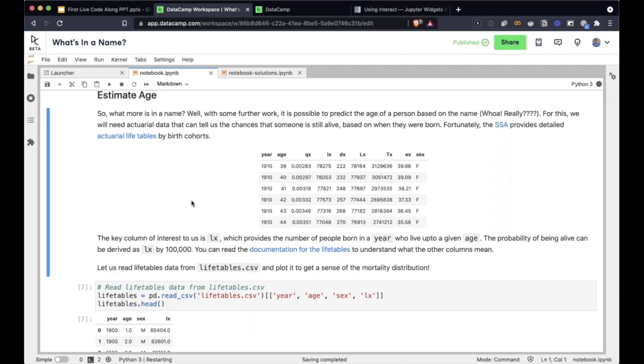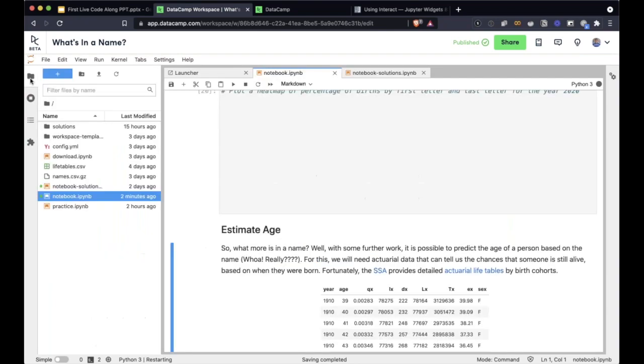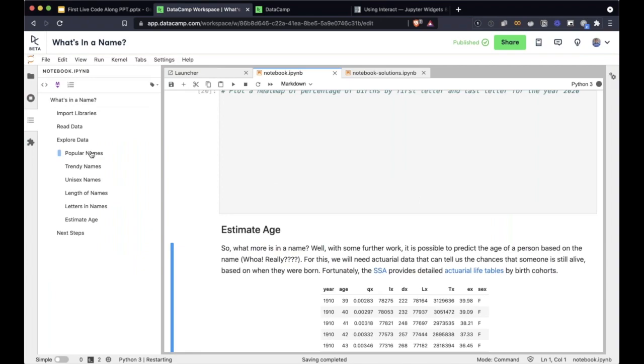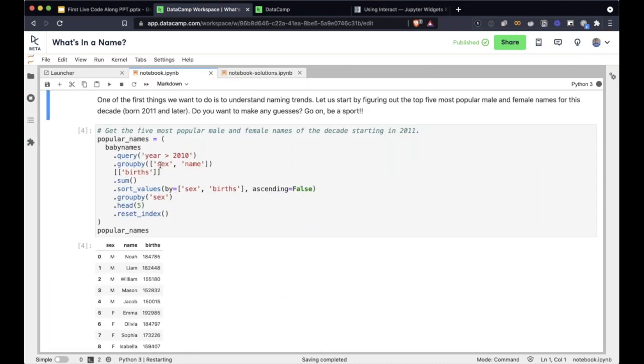Okay. Another question related to the first question, actually. Can you explain why we used group by twice in the popular name analysis? Great question. Let me get back to popular names. So the reason we use group by twice: the first time we use group by,